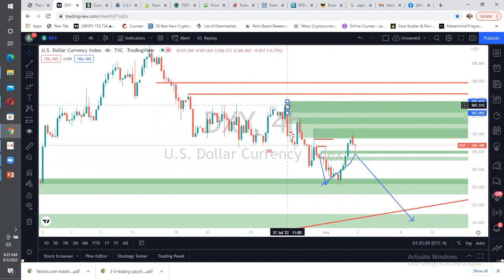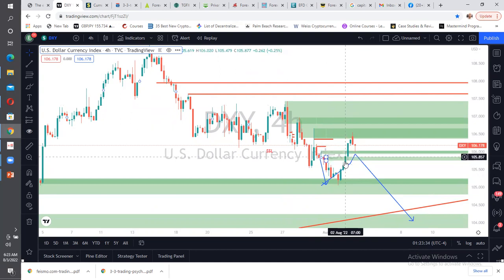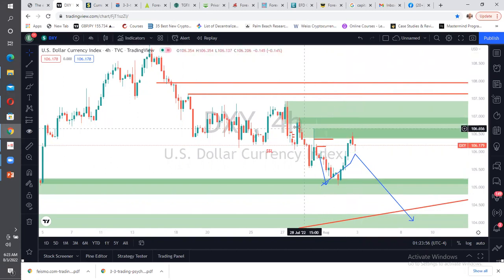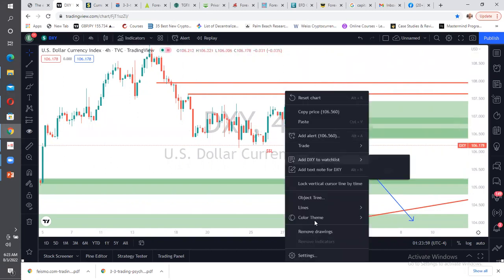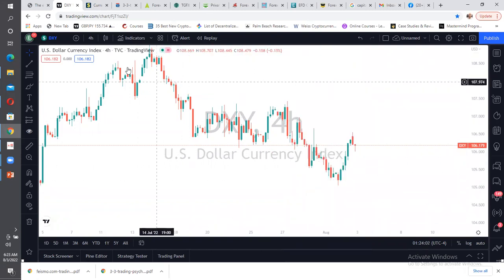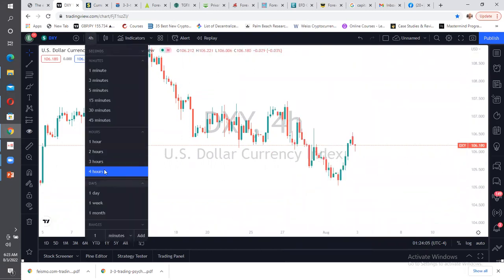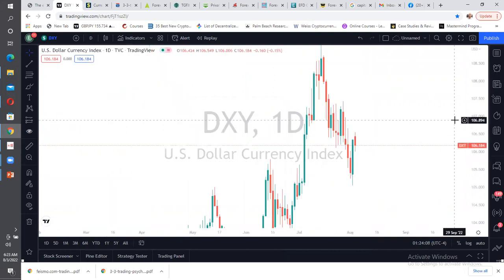Then let's take out all this and reanalyze, because we never anticipated this move to be this aggressive. We were expecting them to pull back gradually and then trade down. But as you can see, there is a force here due to today's news that actually led to this particular impulsive move up, and it has broken the market structure. So we trade what we see and not what we feel. That is to say, we're going to reanalyze this market from scratch, so we can understand where the market is headed. Let's go straight to daily and check out what we have in daily.